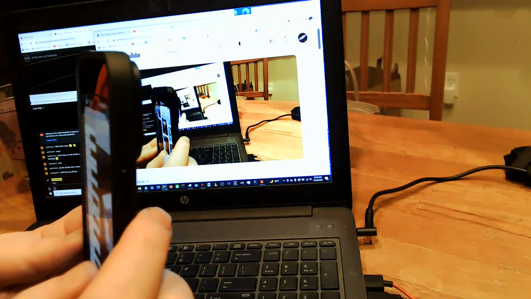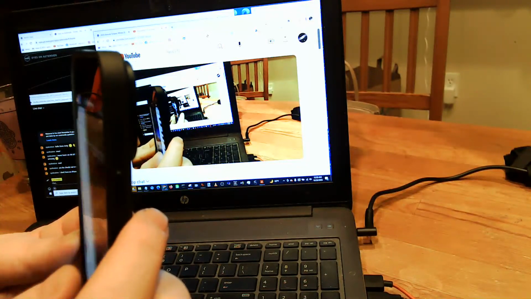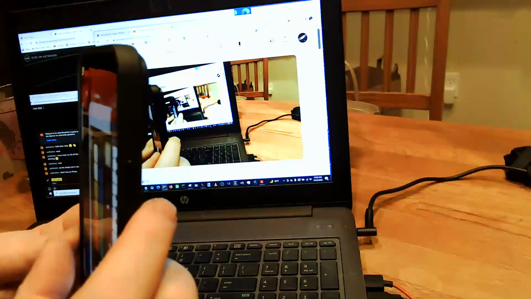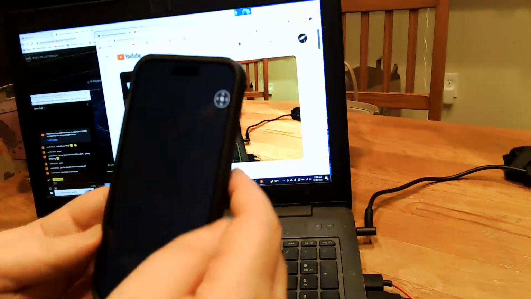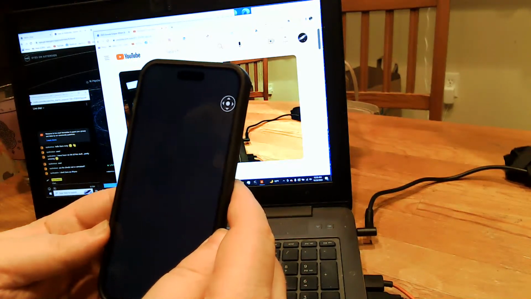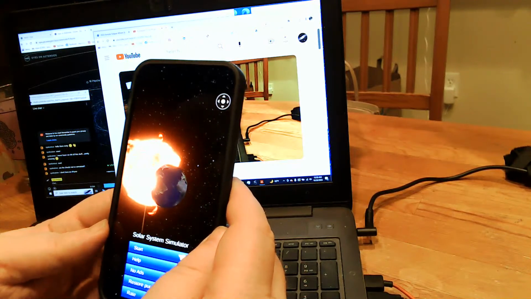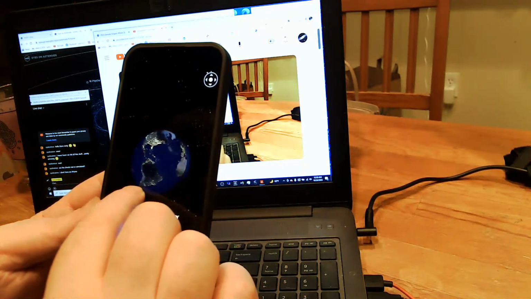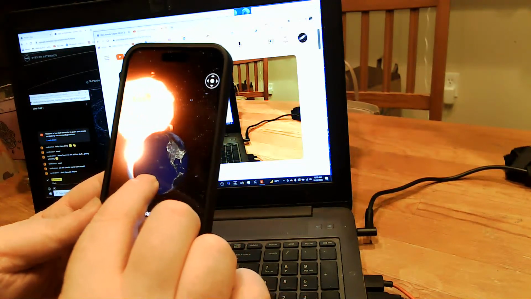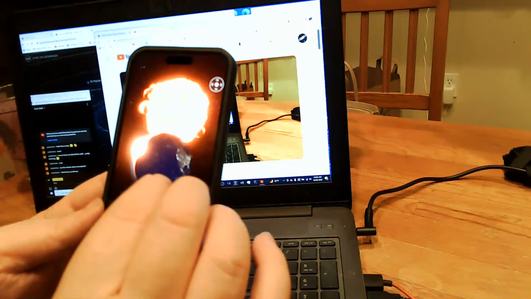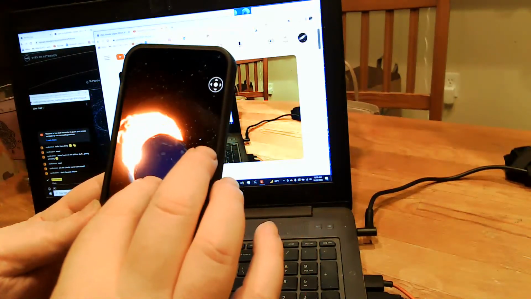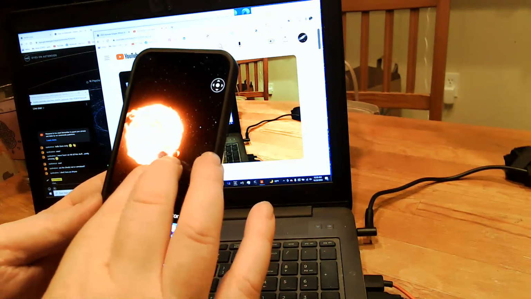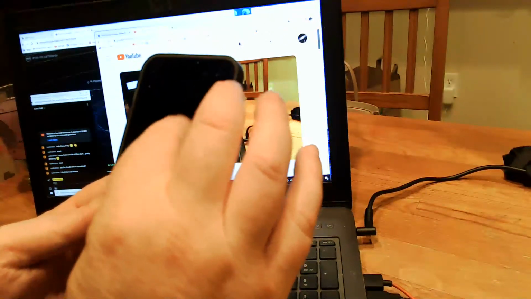What else do I have here? This one is called Solar System Sim. There's a little cat. Look at that. So this one's interesting. It gives you basically a nice rendering. See the prominence coming off the sun. It's not to scale, obviously, in this view, but you can zoom way the hell out,